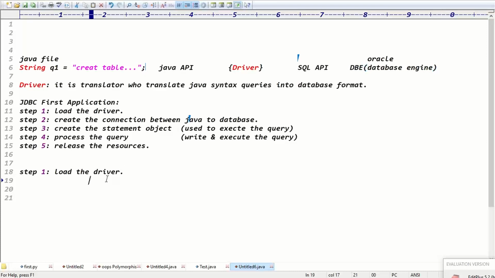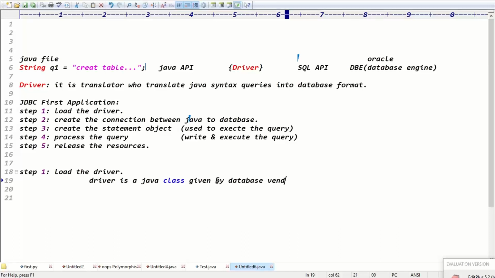So driver is nothing but a Java class, guys. Who gave this class? Driver is a Java class given by the database vendor.